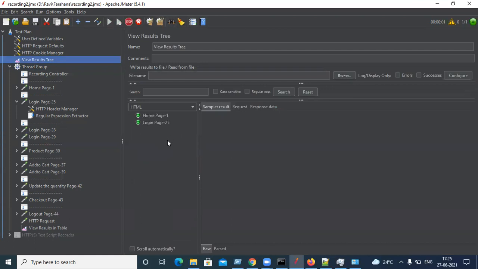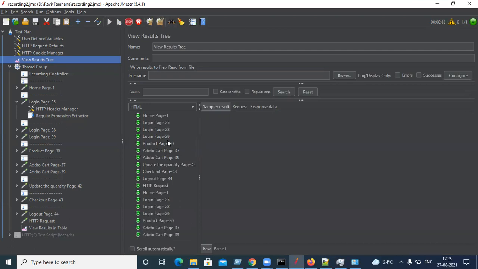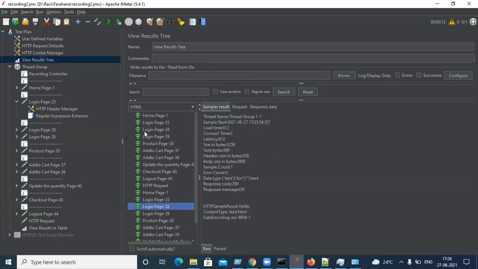It will be repetition of the same test only. So after logout again, he will start home page, login page. We have given only one user and 2 times. So one user, you will repeat 2 times. If you check here anywhere, you will see 1 only because there is no way to represent the loop number. Login 28, 1 1. It's because it's the first user only. That's why it is 1 1.